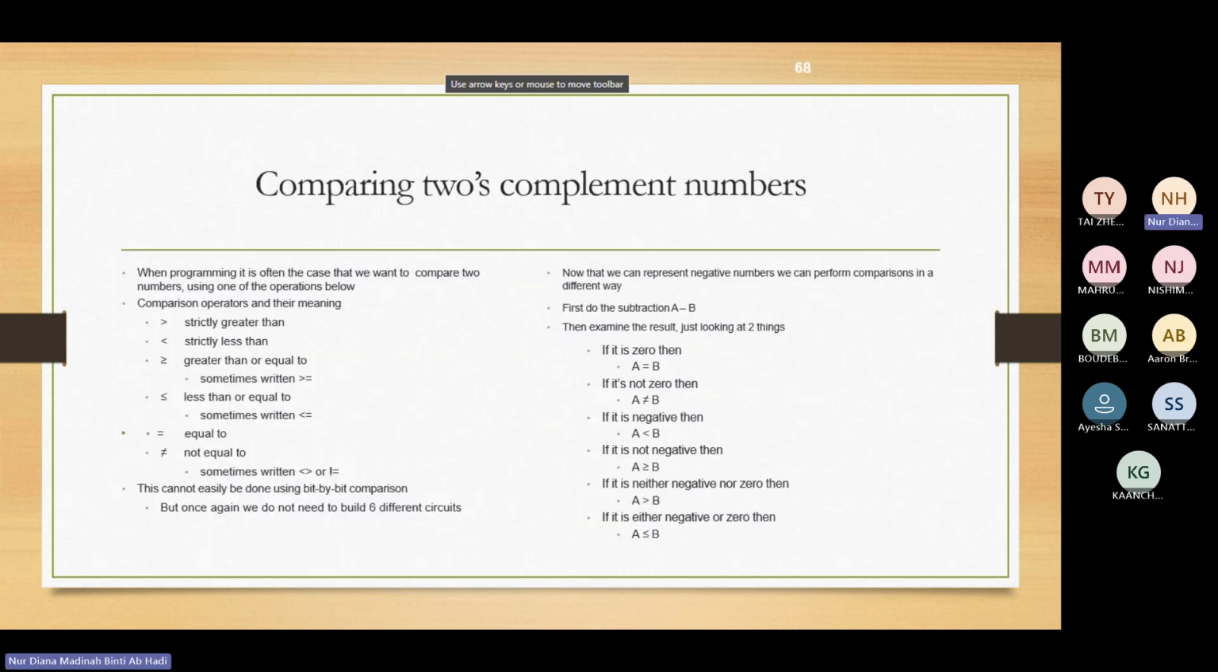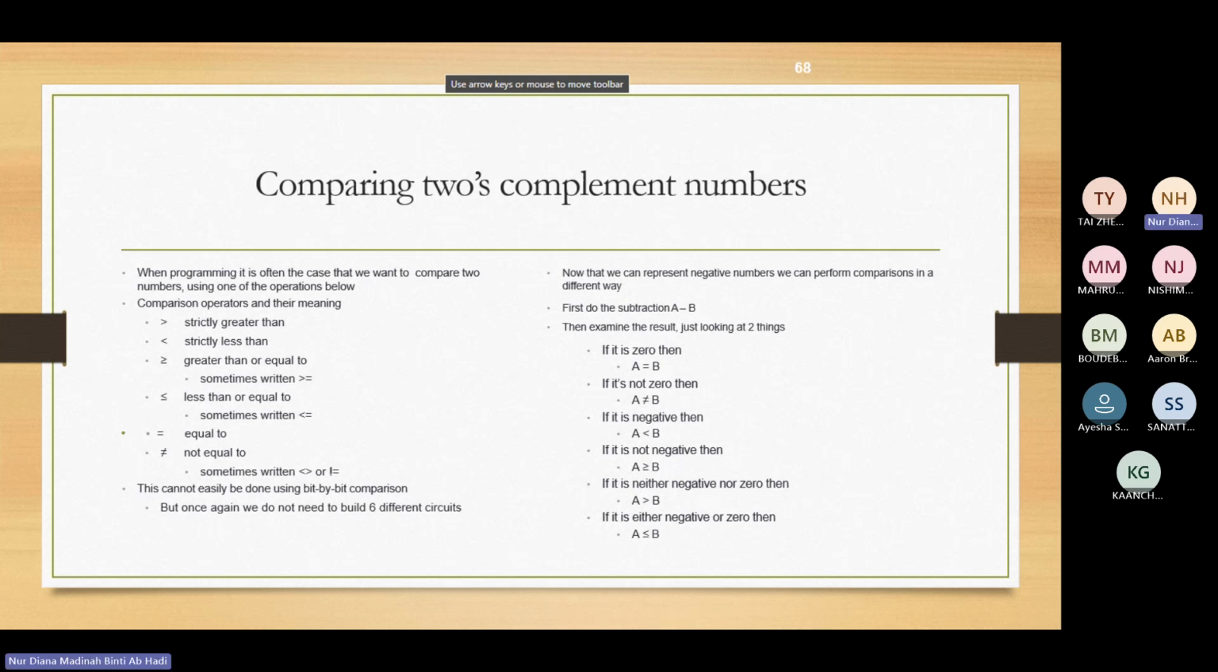Okay, comparing two's complement numbers. When you're programming, we often compare using greater than, less than, equivalent, and so on, right? But this cannot be easily done by bit-by-bit comparison. But once again, we don't need to rebuild 6 different circuits. We can just do the